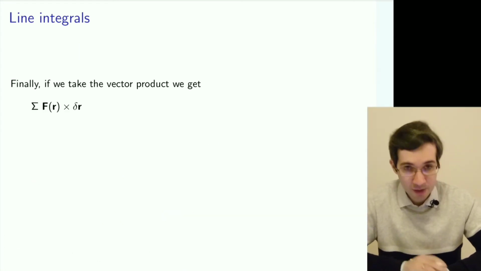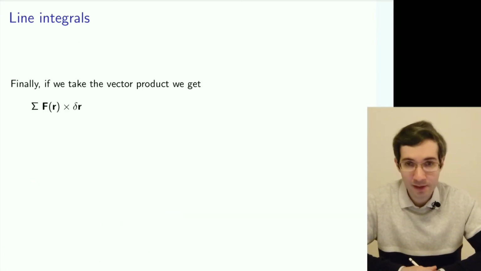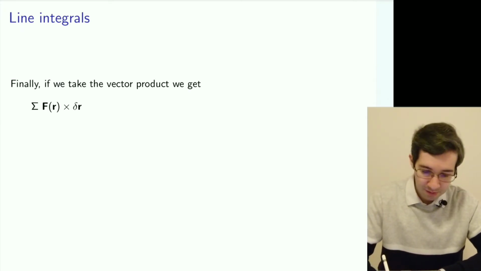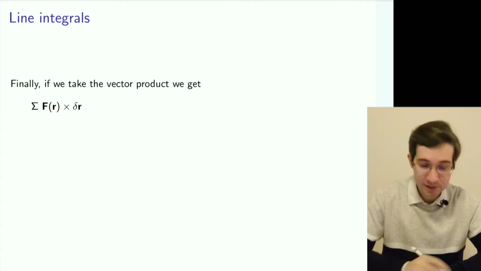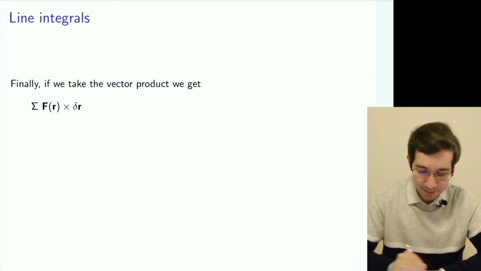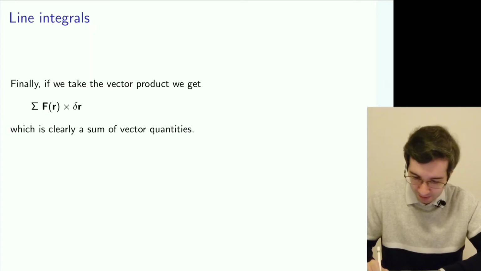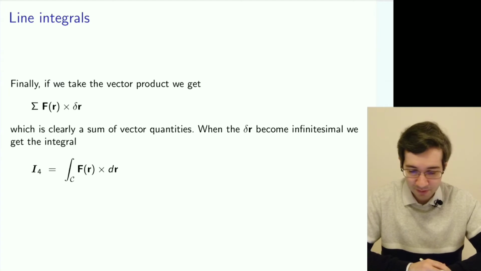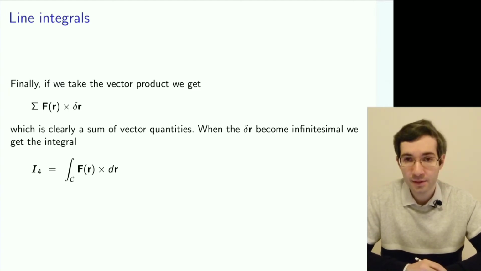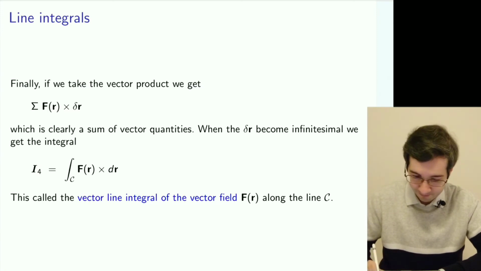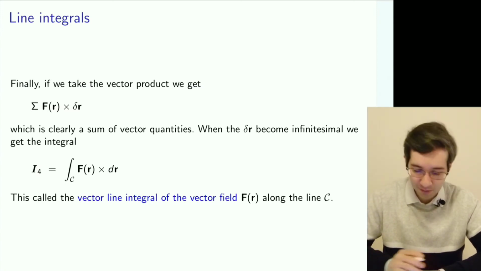And another way, just for reference, not what we really encounter, is to use the vector product. So that time we'll have a vector formed by the vector field and the little elements, and as we sum it up and tend these elements to become infinitesimal, then it will be another integral, which is a vector integral. But that's not commonly used. So it's a vector line integral of a vector field.